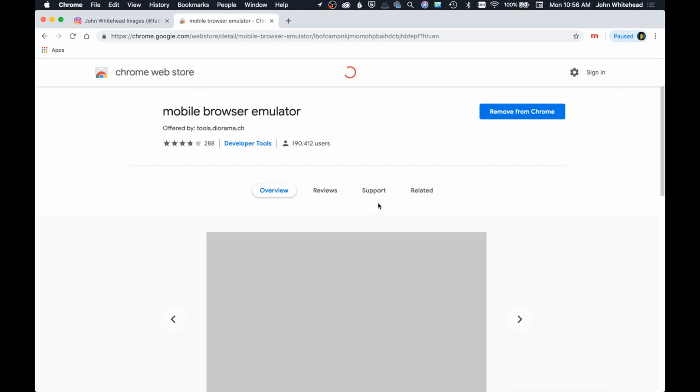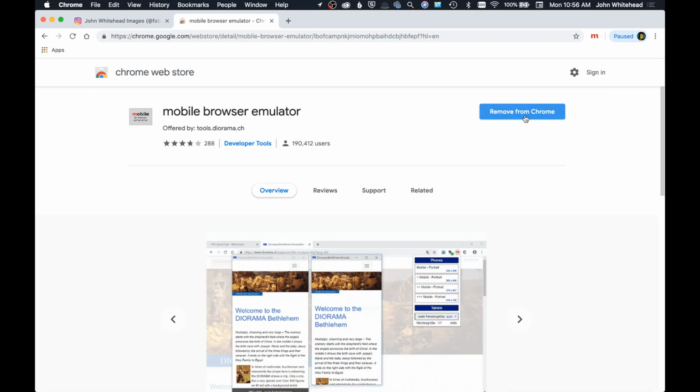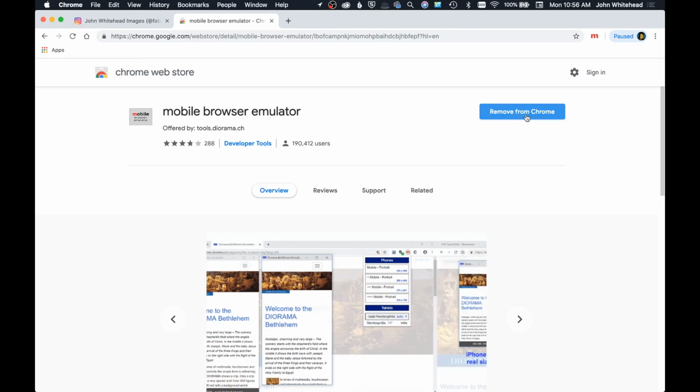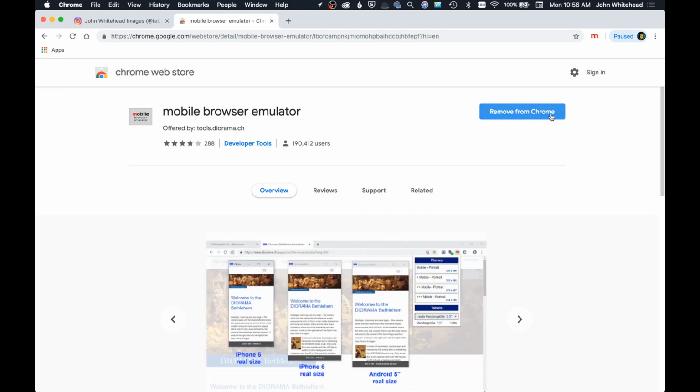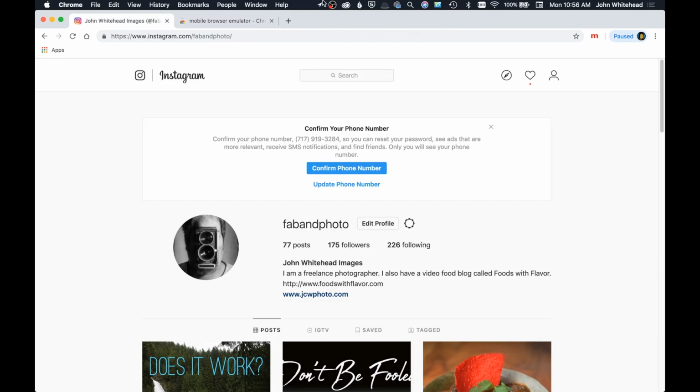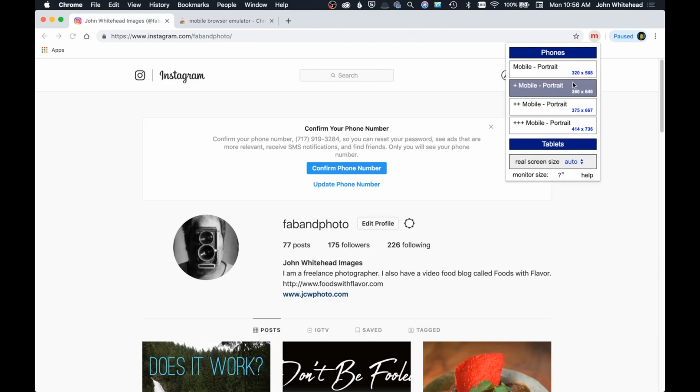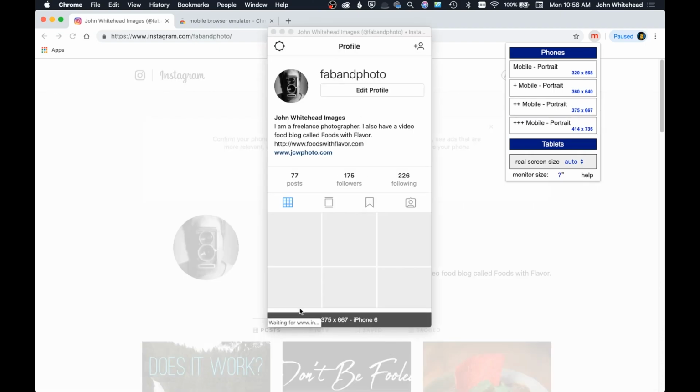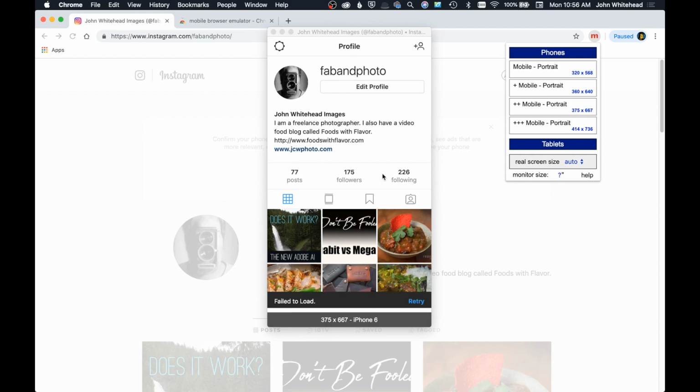So we'll click on that, and this is something you can just basically download. So notice I have it uploaded. What you're going to want to do is install it instead of remove it. Then once you've got it, all you have to do is click on the little M up here and click which kind of mode you want to go into. So we'll say I want to do this phone. The little phone profile pops up,